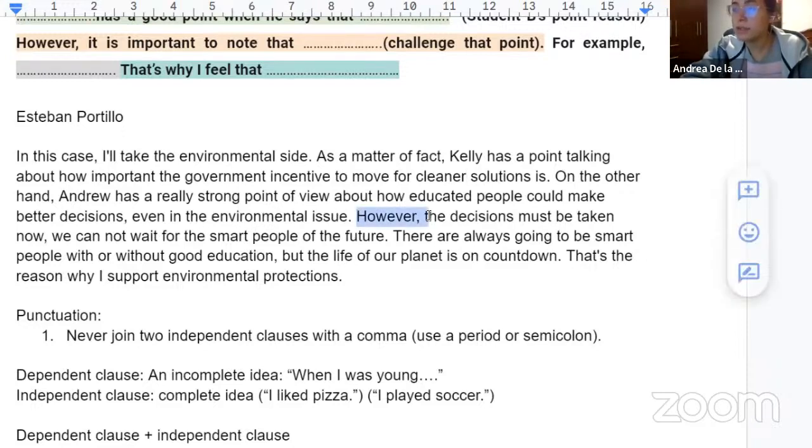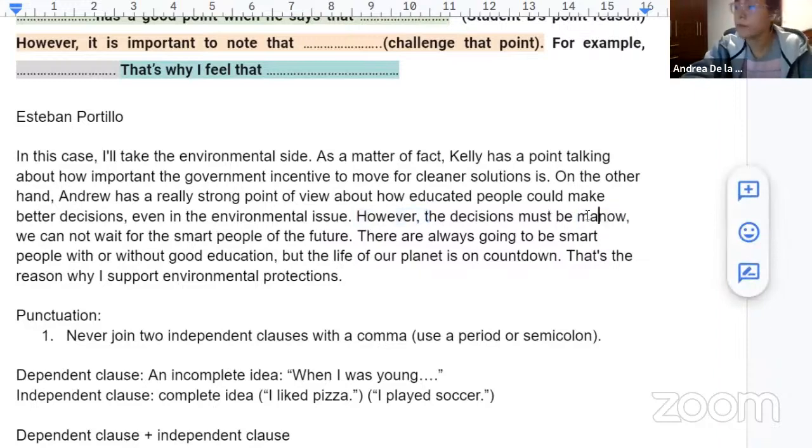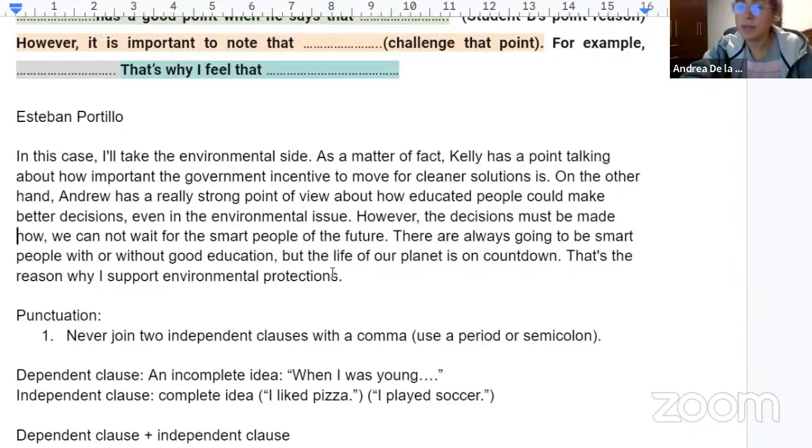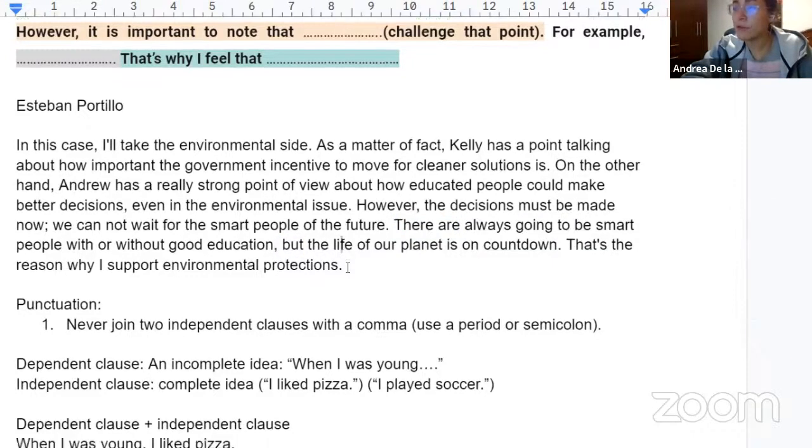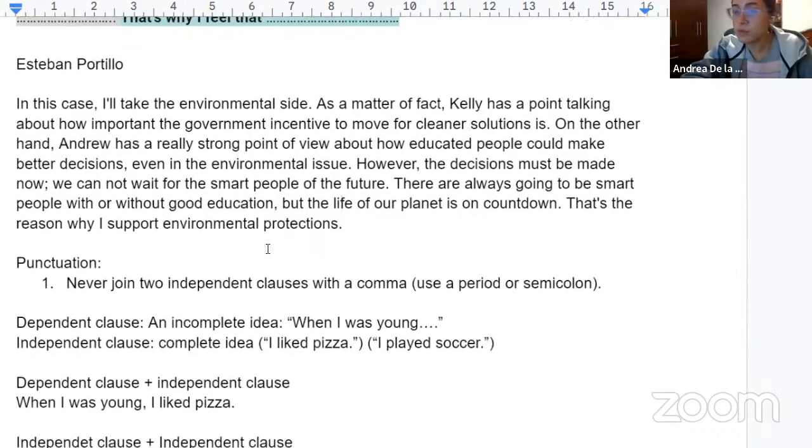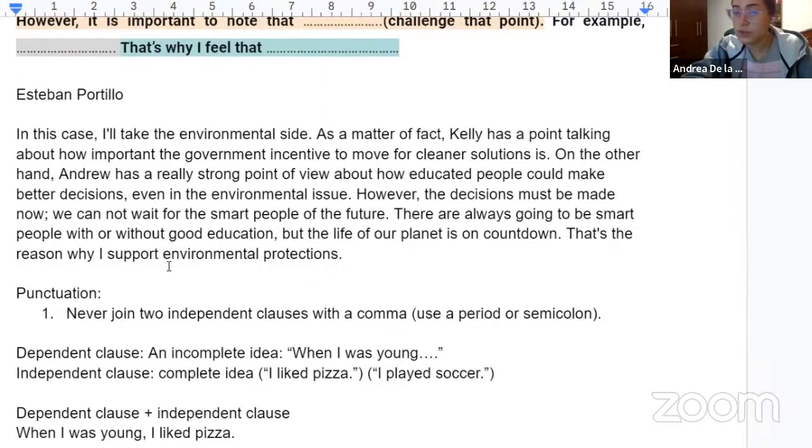However, the decisions must be taken now. Great, the decisions must be made, right? The decisions must be made now. Semicolon. We cannot wait for the smart people of the future. There are always going to be smart people with or without good education, comma, but great, comma here. But the life of our planet is uncountable. That's the reason why I support environmental protection. Great. That's the reason why I would prioritize